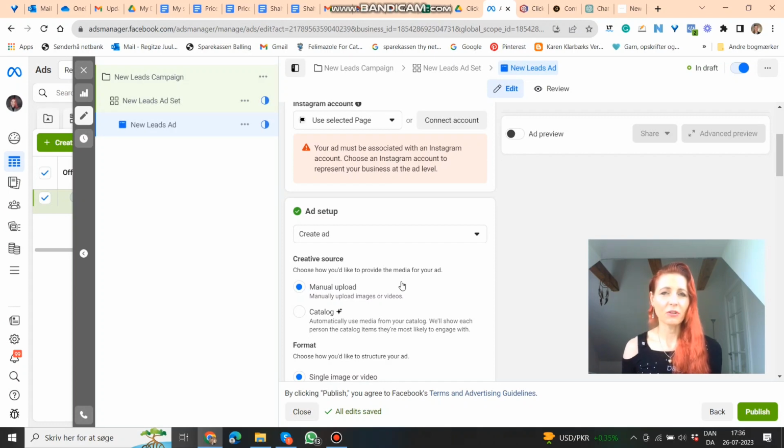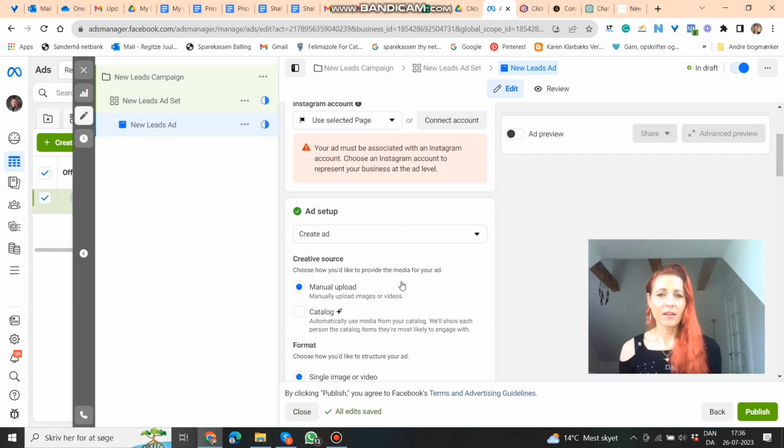And with the instant form, that's basically the cheapest way to get leads, because a form pops up on Facebook itself. They're not taken to your website or any other site. It's on Facebook itself. A form pops up where you can ask for also name and email address, telephone number. You can ask for a lot of different details, but I would always ask for as little as possible. The more you ask, the more people are going to not fill it out and just go back and continue scrolling. So just ask for what you want, what you need, maybe just email address, maybe telephone number if you're going to